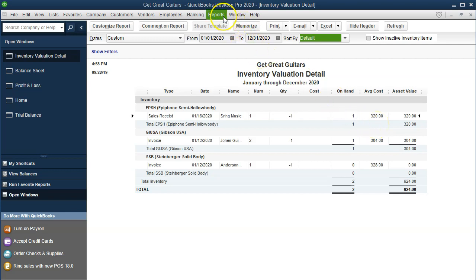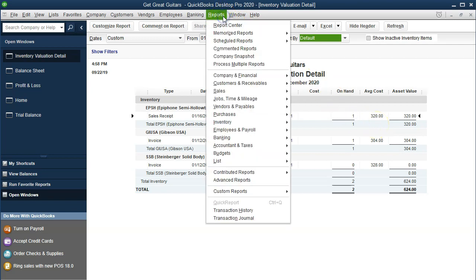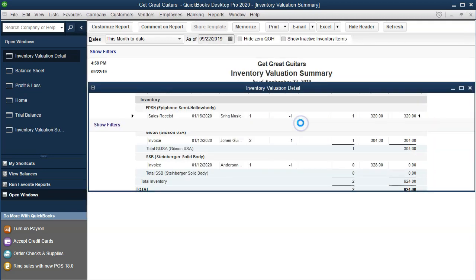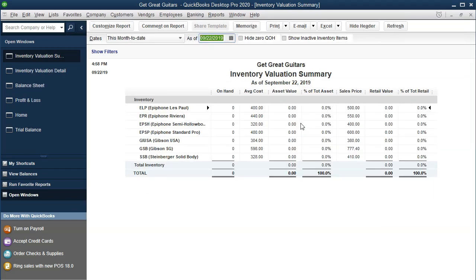If we want to tie this out to the balance sheet, we're going to go to the reports, to the inventory, to the inventory valuation summary. And that's going to be at 12/31/20. And the cost column, the 1944, not the retail price, what we sell them for, is what will be on the balance sheet. 1944, balance sheet